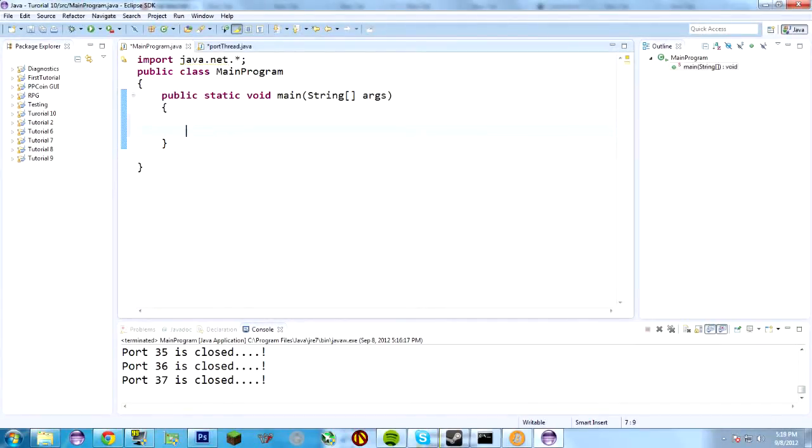This is the Best Mac Tutorials, and today we're going to be talking about threads and one kind of case study on how threads will be used a lot. In case I didn't mention, this is tutorial number 10 and I'm the Best Mac Tutorials, even though I'm on